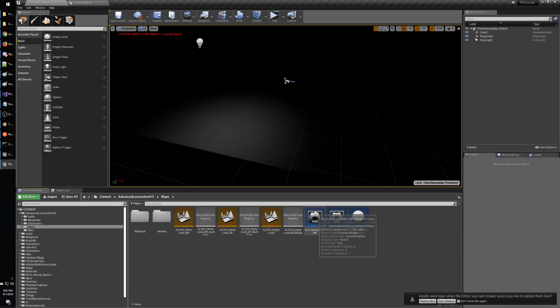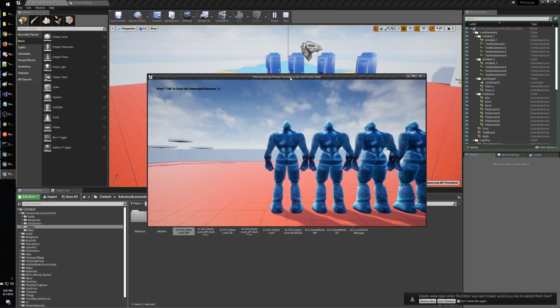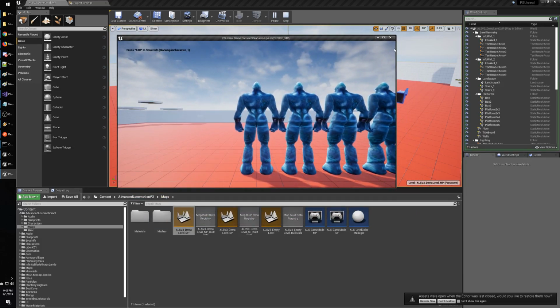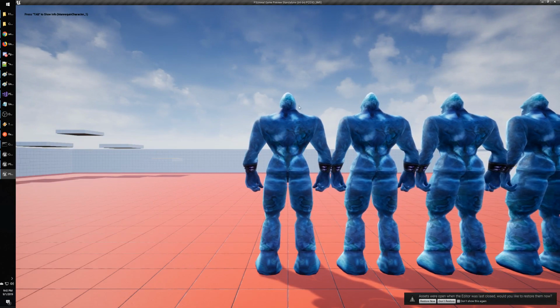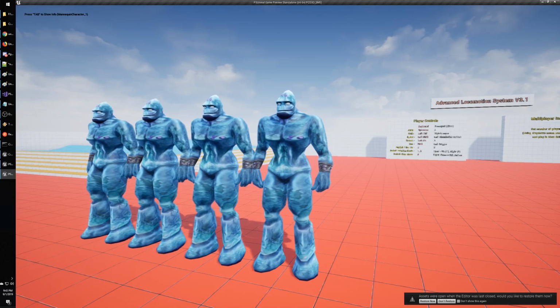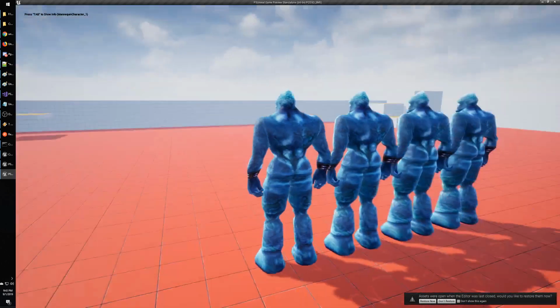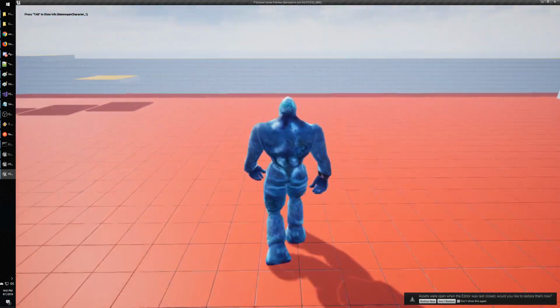So if we go to this demo level, we did just a demo level. There is some noise in the background in this level. So actually these are 4 characters using the locomotion system. Some are NPCs, the three to the left, and the one to the right is actually our player character. So I can actually walk with this guy,